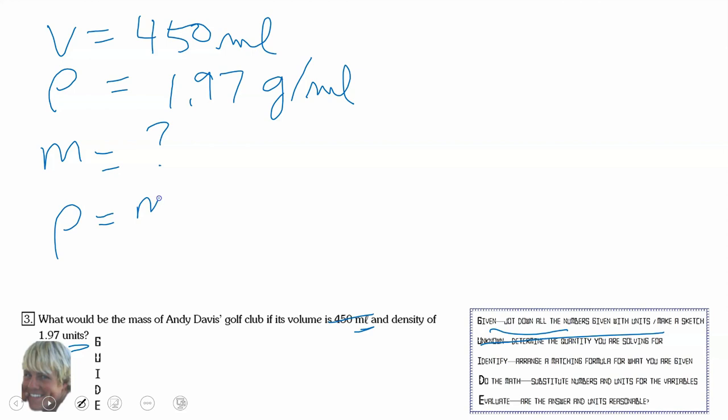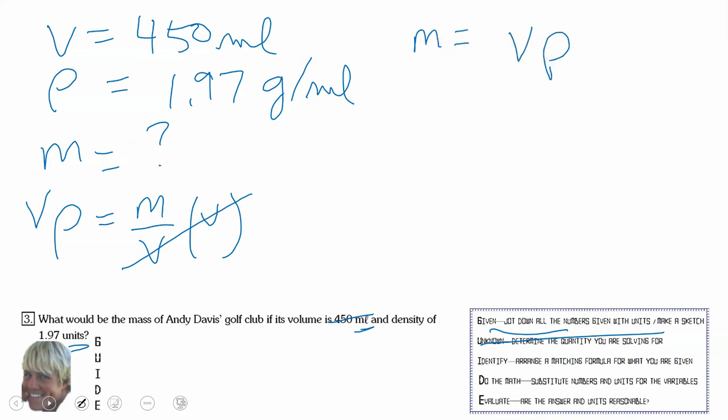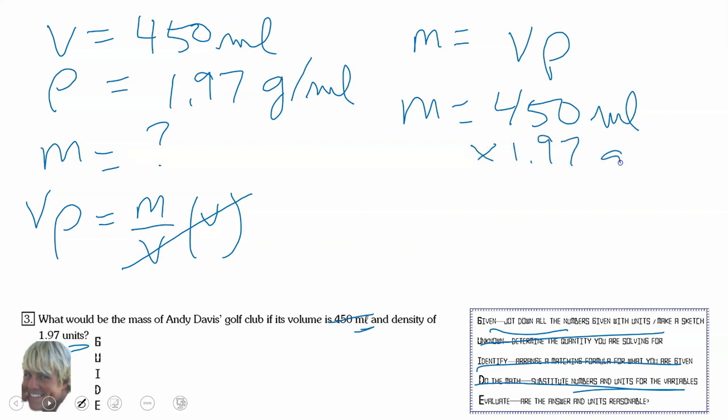We know density is mass per unit of volume, but I want mass. So to get mass by itself, multiply both sides by volume. And so mass can be found by taking the volume and multiplying by density. Now we plug in, do the math, substitute the numbers. So the mass will be 450 milliliters times 1 97/100 of a gram per milliliter. So the mass is equal to